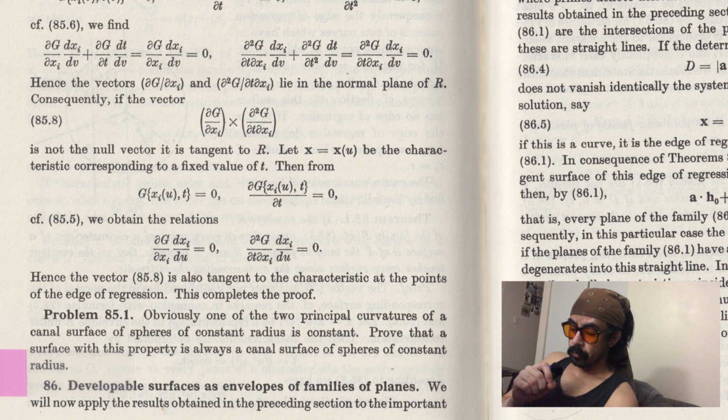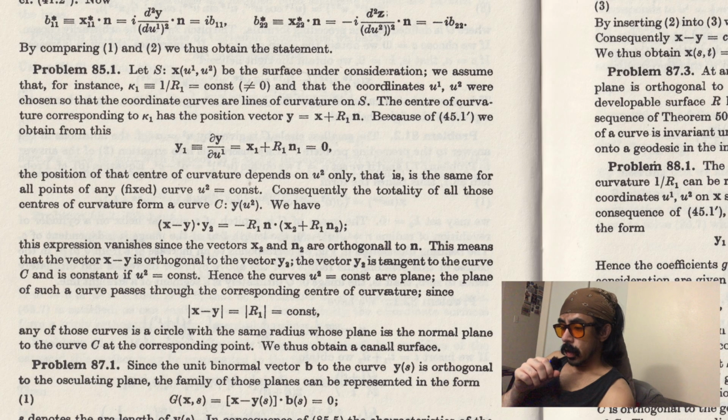And now to cap everything off, problem 85.1. Obviously, one of the two principal curvatures of a canal surface of spheres of constant radius is constant. Prove that a surface with this property is always a canal surface of spheres of constant radius. The solution is as follows. Let capital S with a vector parametric representation x in terms of u1 and u2 be the surface under consideration. We assume that, for instance, kappa 1 equivalent to 1 over capital R1, which is equal to a constant which is non-zero, and that the coordinates u1 and u2 were chosen so that the coordinate curves are lines of curvature